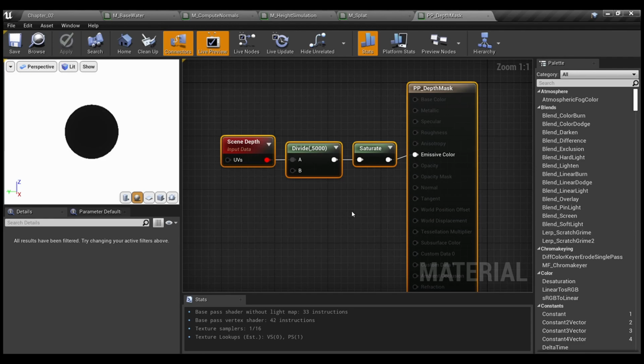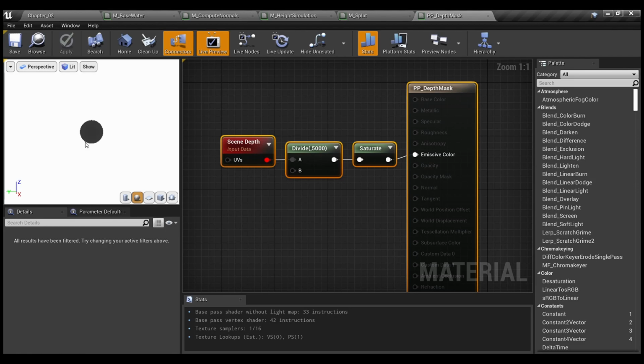Actually, we will have the radial mask, and we are subtracting one element by the width of our division from another. And as you can see from the preview, when we are changing our distance,